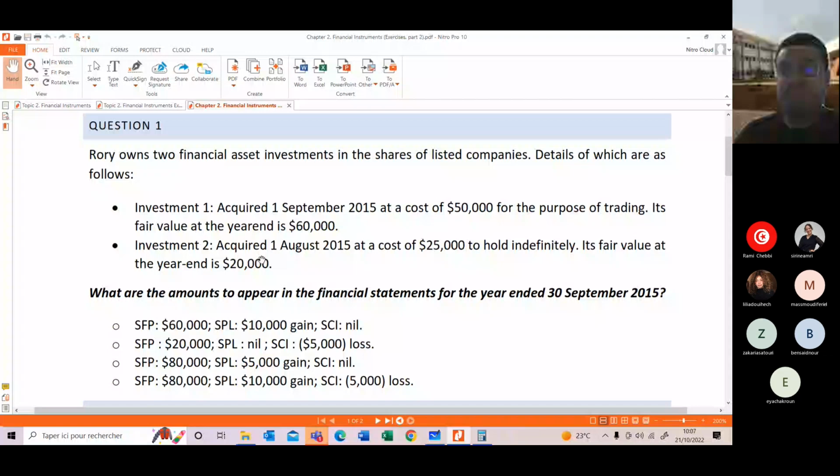movements in fair value going through other comprehensive income, where the business intends to hold assets in order to collect contractual cash flows and to sell them. Okay, this is one of the criteria. And the contractual terms of the financial assets give rise on specified dates to cash flows that are solely payments of principal and interest, meaning that the asset is a debt instrument, not an equity share. But in case we're talking about an equity investment,